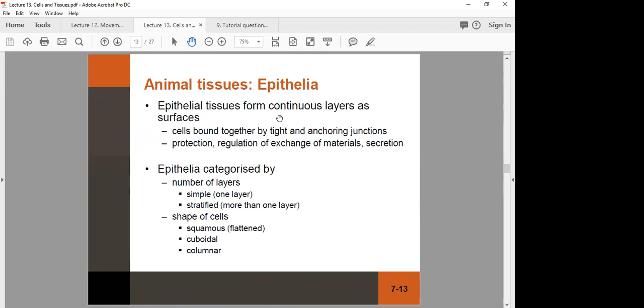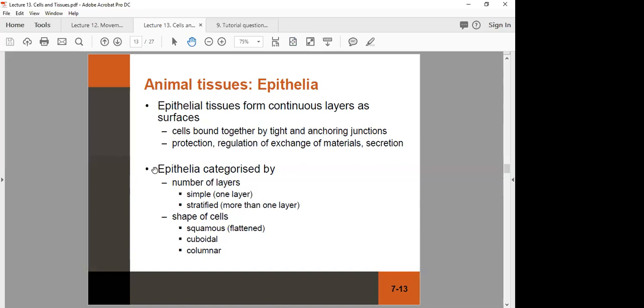So not just continuous layers around the body of the animal, but also continuous layers lining internal cavities or internal tubes, for example, lining the digestive system. Epithelial cells that make up these tissues are bound together by tight junctions, and we saw an example, and also anchoring junctions. They function primarily in protection, but also in regulating the exchange of materials and secretion, depending on the